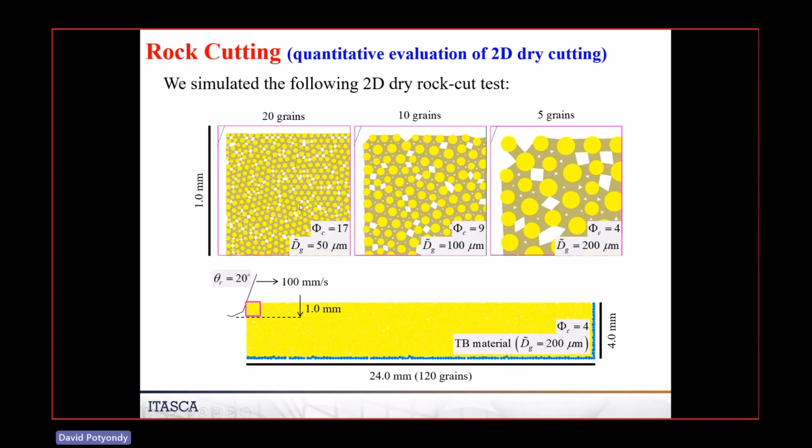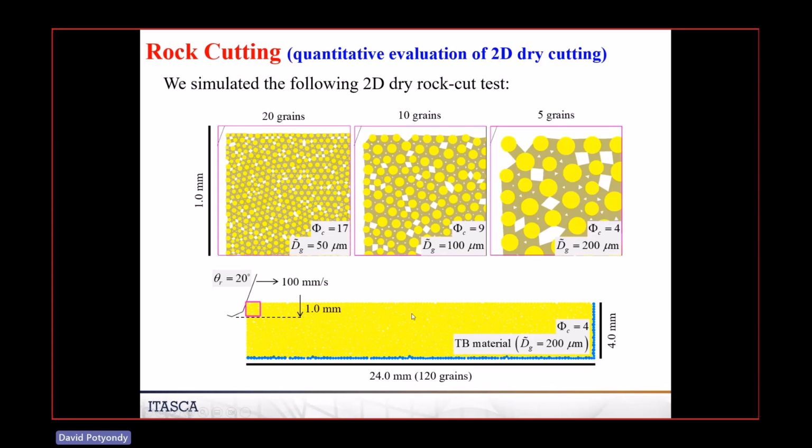So we built 3 models, as you say here, with the different sizes. And this is the boundary condition, the boundary value problem we did. Notice it's a small thing, 24 millimeter length, 4 millimeter height. We're going to take that sucker at a given rake angle, at some velocity, and at some depth of cut